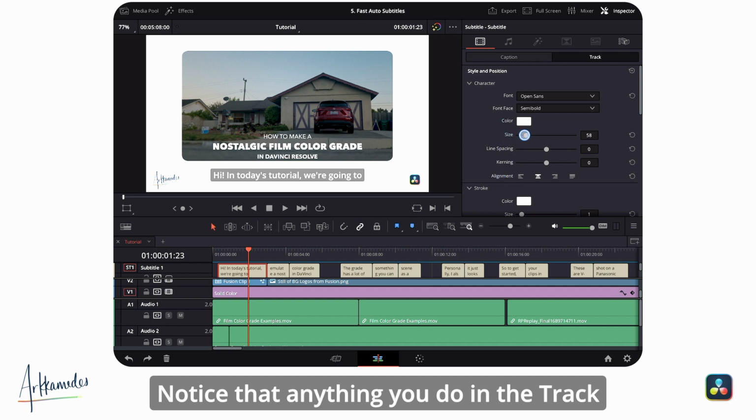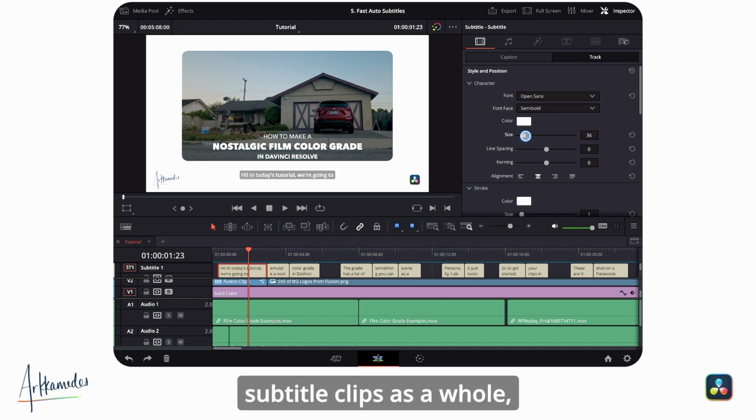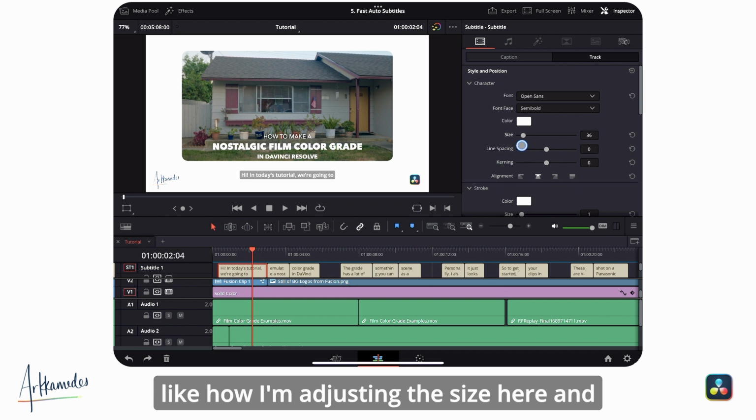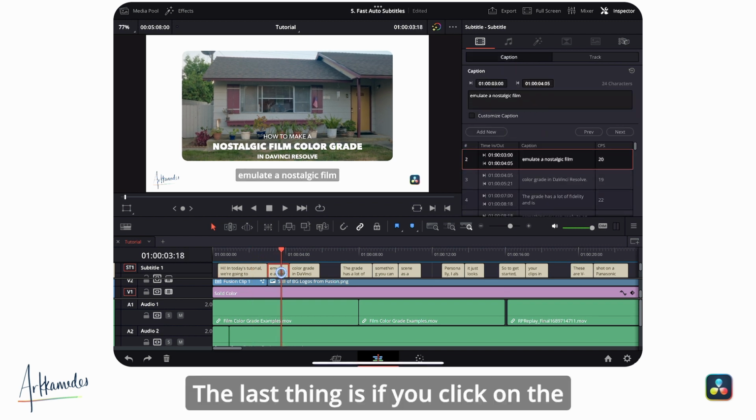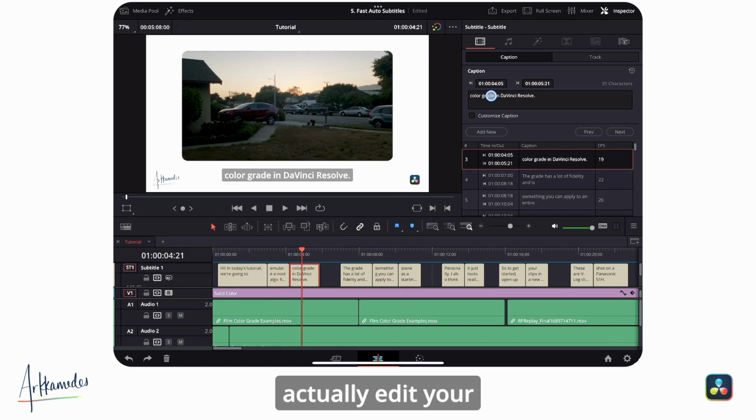Notice that anything you do in the Track tab affects all of the subtitle clips as a whole, like how I'm adjusting the size here, and it is affecting the size of every subtitle. The last thing is, if you click on the Caption tab, here is where you can actually edit your subtitle,